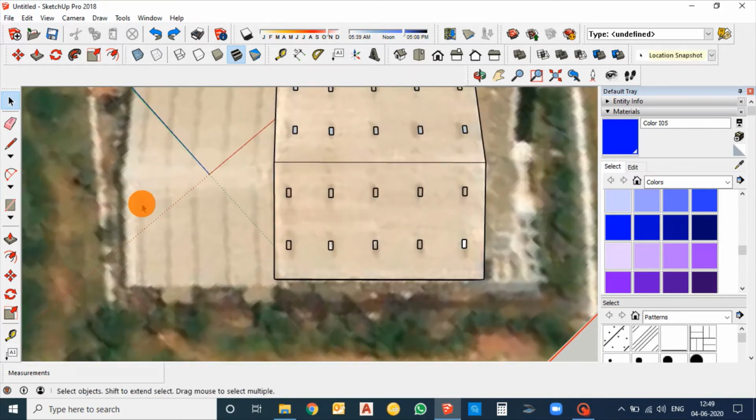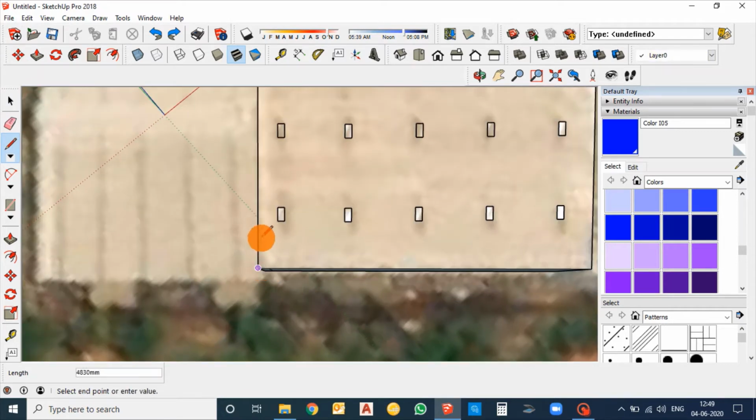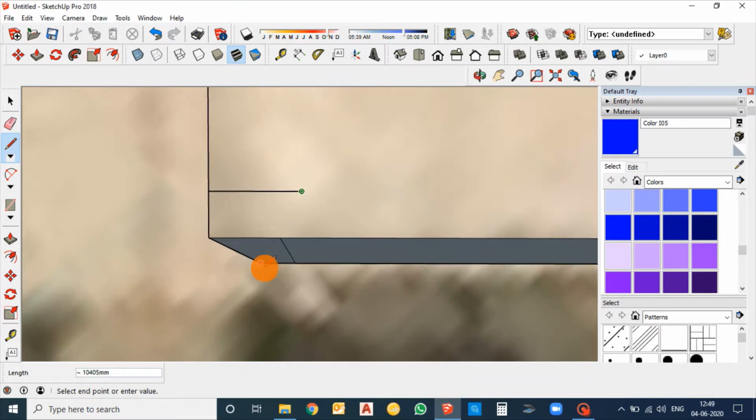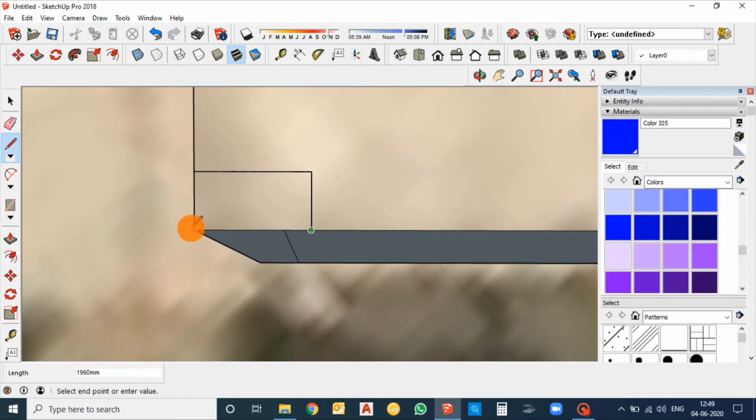Now going for the module design. Just start by designing a module of size 990 mm by 1960, and push it to a certain height.